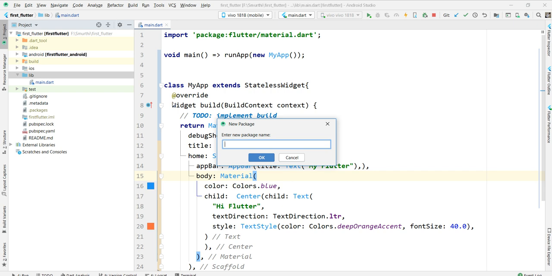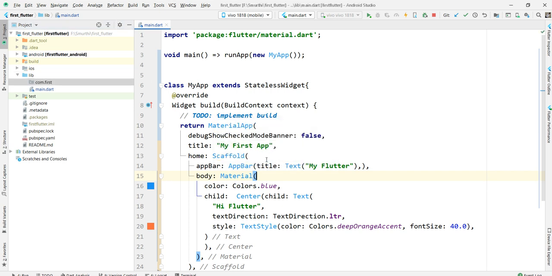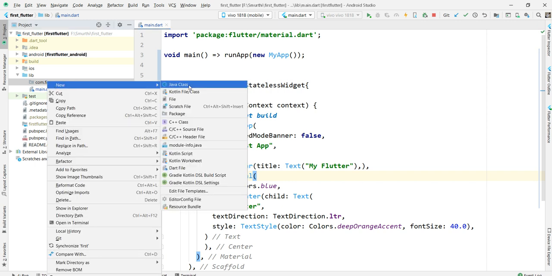There is an option called package, and you should give it a name. I'm giving the package name as com dot first. Once this package is created, here again you need to create one new dot file.